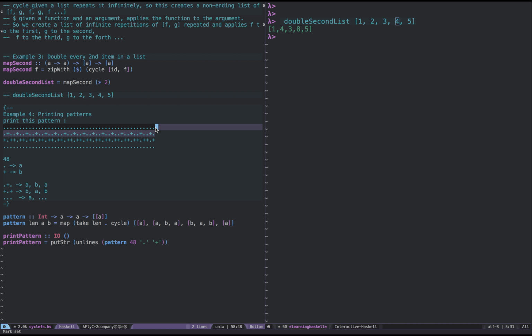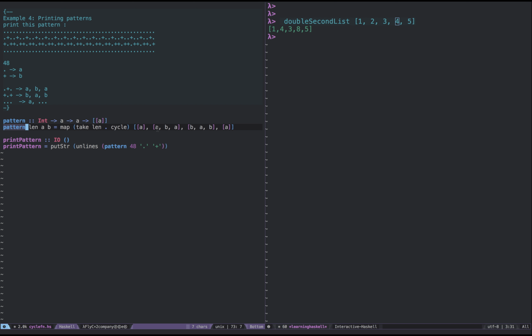Okay, that's all. Basically the pattern is just doing this to satisfy the form, and then we cycle so that it keeps continuing, and then we truncate by taking the length that we are passed. And so applying that would be just pattern, and the length is 48, and A is dot and B is plus, and we just do unlines here to concatenate them, where each one of them consists of a line,